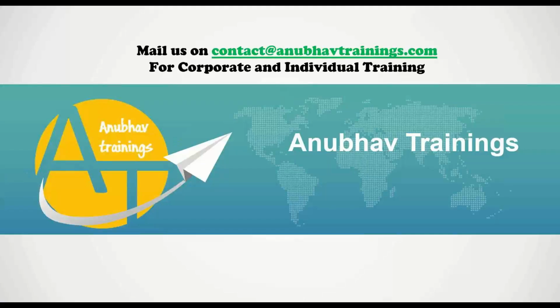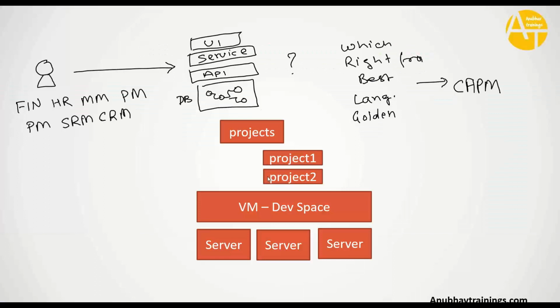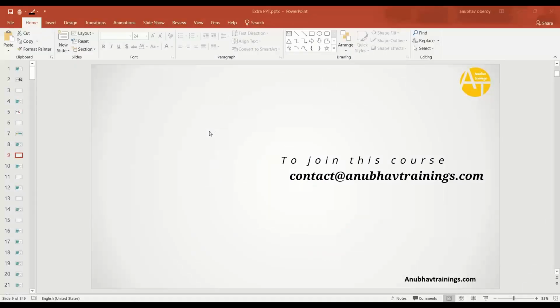So in the last episode, we saw how we can have a dev space created, which has different workspaces. And now we'll go ahead and see how we can create our first project. So a project is nothing but a workspace, and in that workspace, that's basically a folder. In that folder, you will be putting all your source code, including all the content.